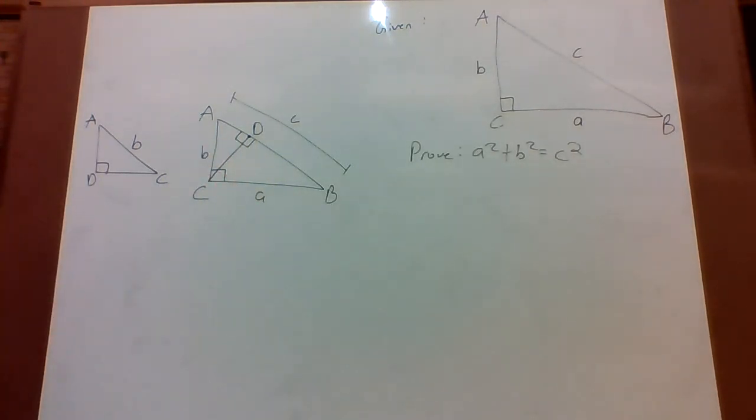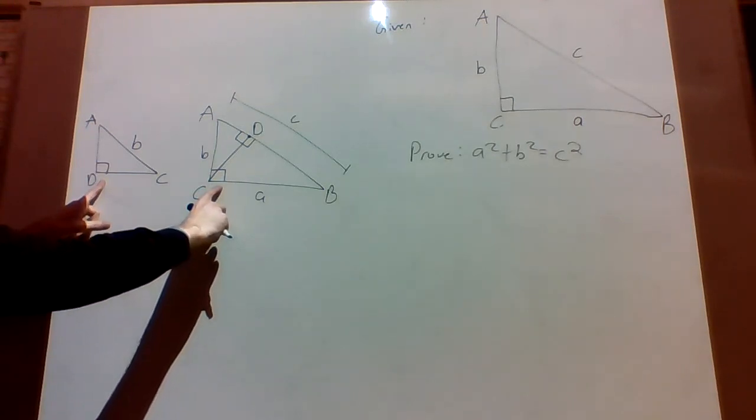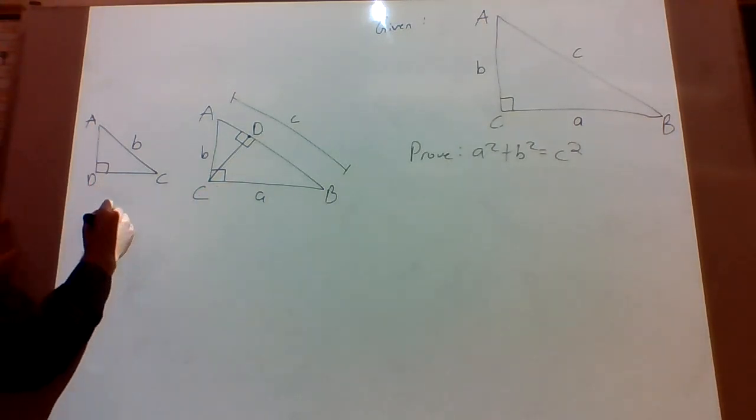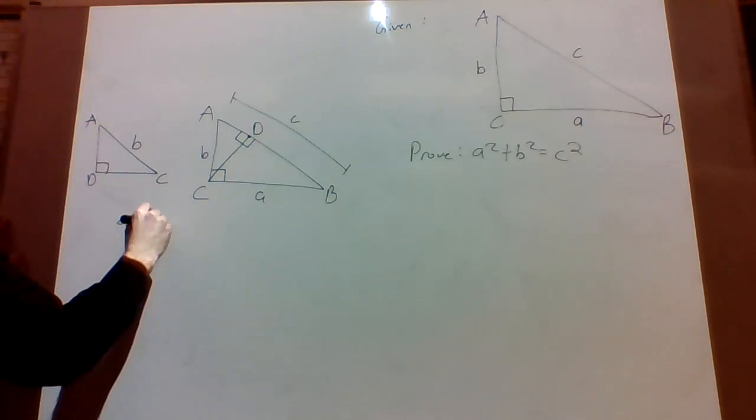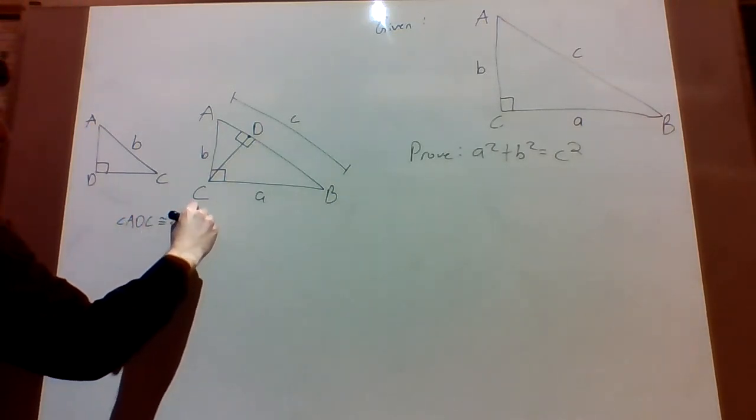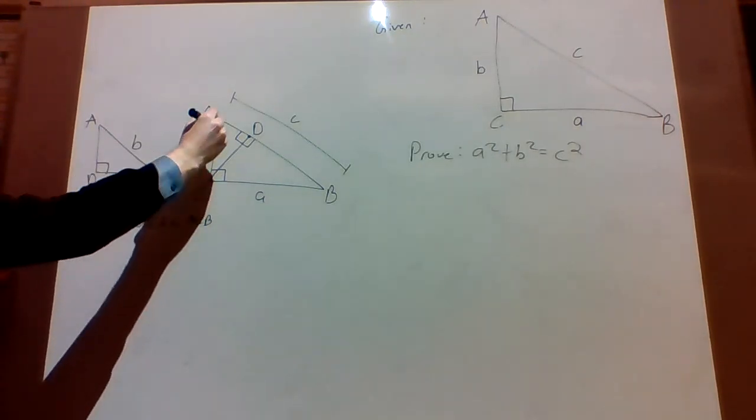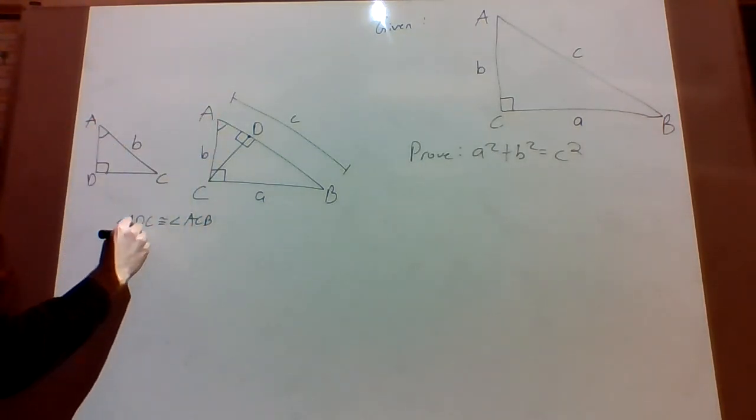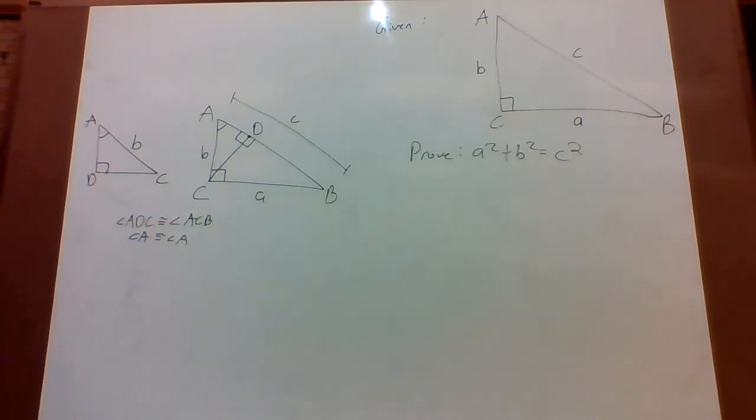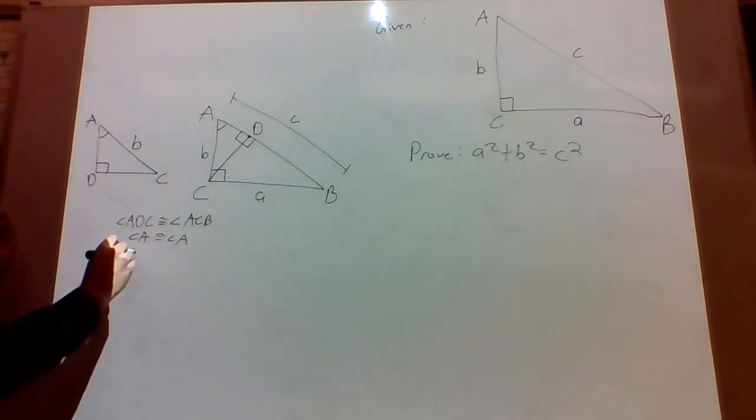So let's stop there. We notice that these triangles have right angles. We know angle ADC is congruent to angle ACB. They're both right angles. We also know they share angle A. So angle A is congruent to angle A by the reflexive property. So we have two pairs of corresponding angles that are congruent. So we can use angle-angle similarity